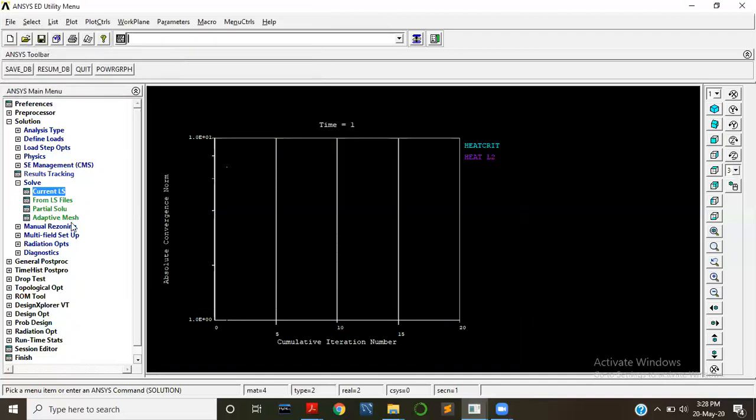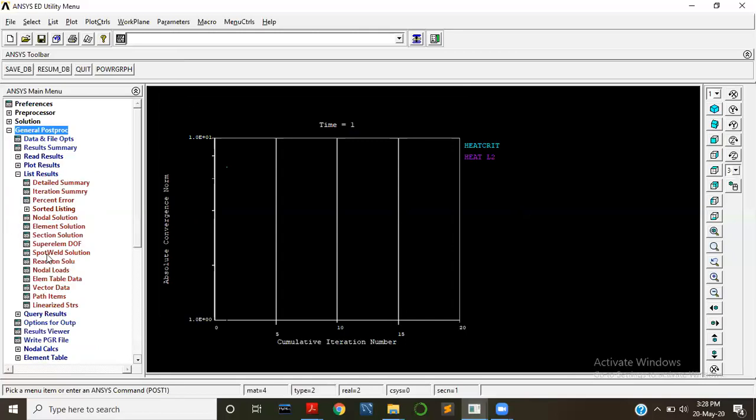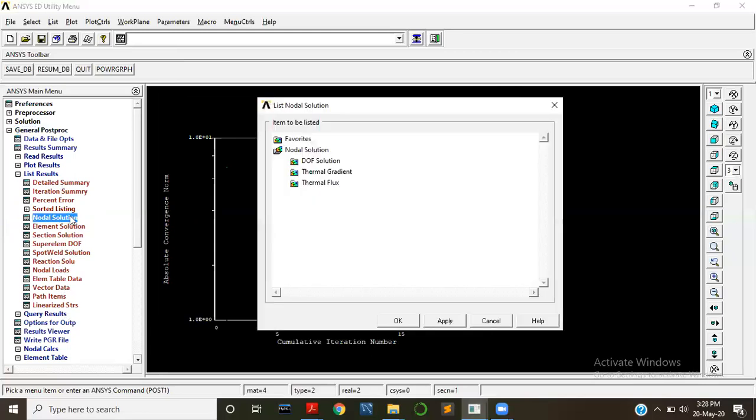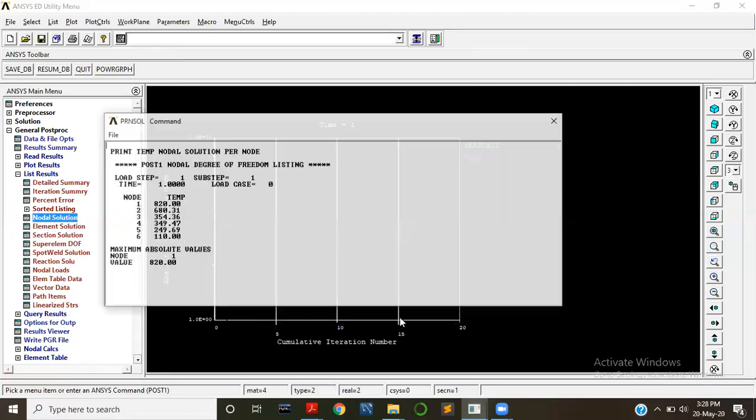The next, general postproc, list results, in that nodal solution. We need nodal solution. In that DOF solution, in that nodal temperature, so okay.